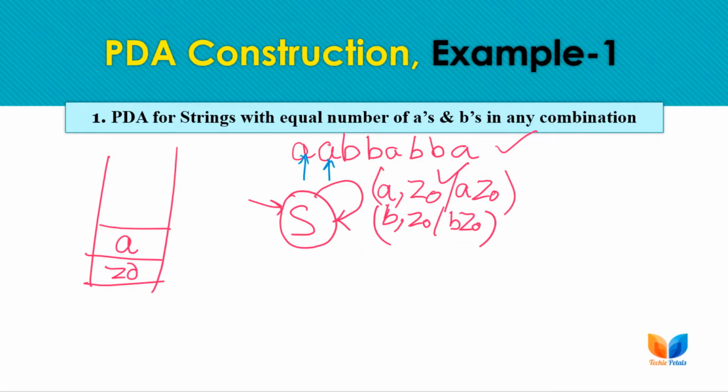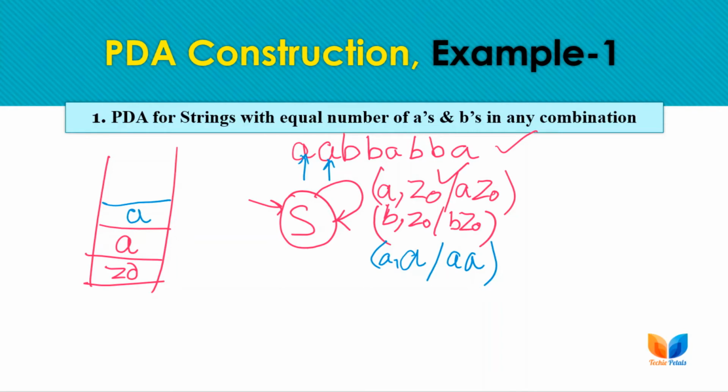So if we are having the same symbols, as if the input is A here and the stack top is also A, then we just need to perform the push for all the same symbols, because we cannot ignore any input. We are just keeping track of all the inputs here. So for this second A, we have just performed the push operation and this A is pushed onto the stack, right?